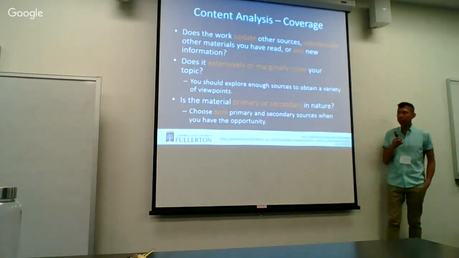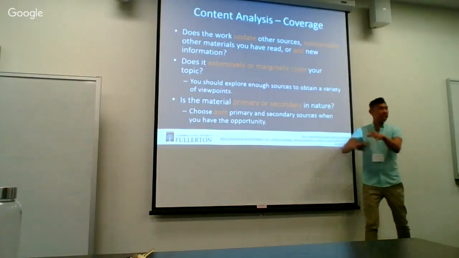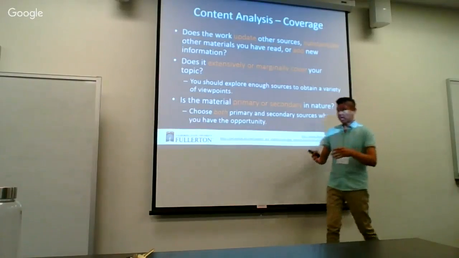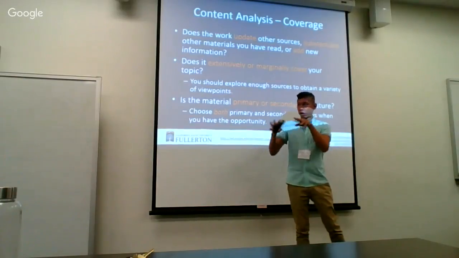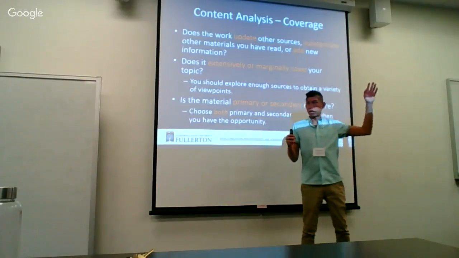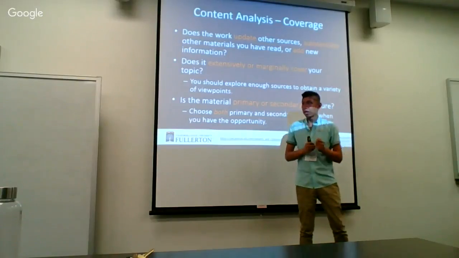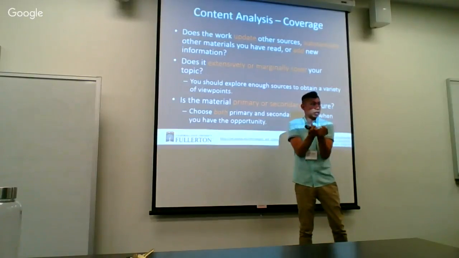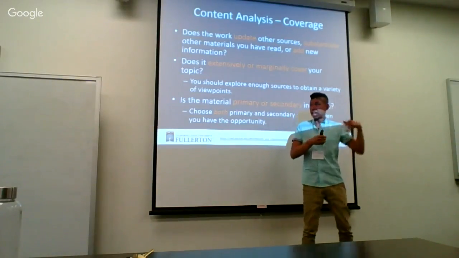So the primary is, I'm the researcher, I come up with the research question, I collect the data, and I'm the one who analyzes it, and I'm the one who actually writes it up, right? So when I'm writing up this article, I'm the one that did the research, we're the ones that got approved, this is a primary source, because I'm the one who did it, and I'm the one who's writing it. But many times in your literature review or in the introduction of your journal articles, they're citing other people's